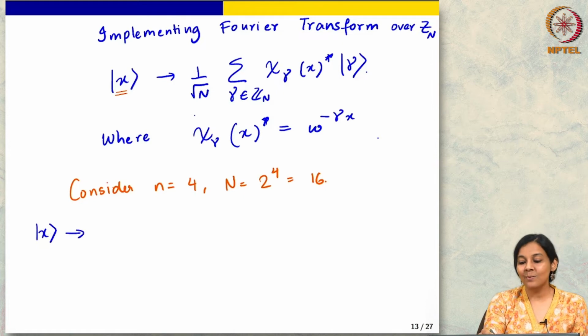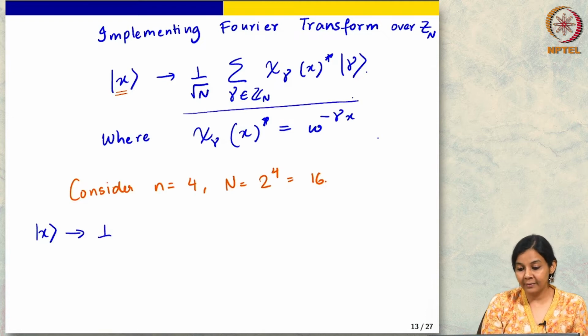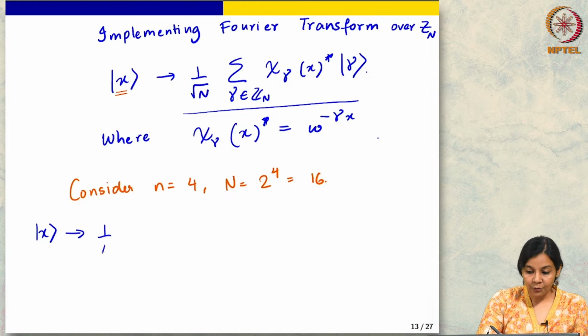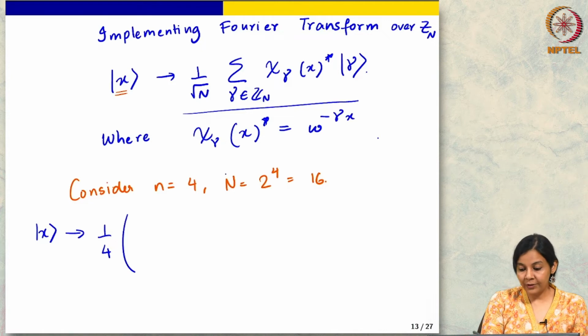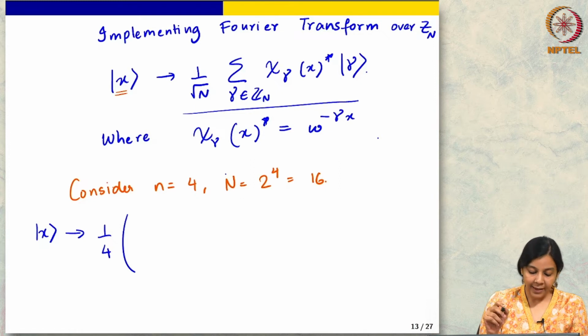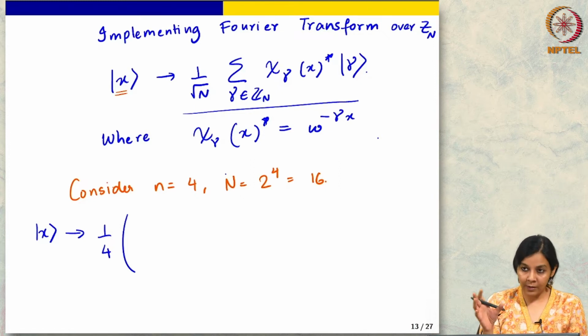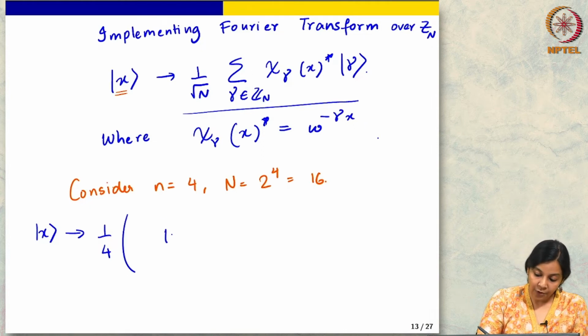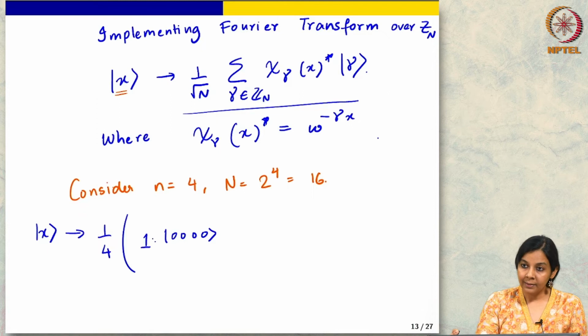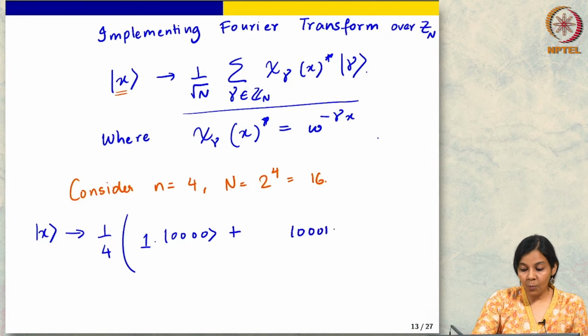We want to take this to this, right. So, what is this going to look like specialized for our setting? So, square root N is 1 over 4. Okay, and now let us compute the coefficients. So, when we look at x, we have to sum over all gamma in Z_N, right. So, let us look at the coefficient. For gamma which is 0 0 0 0, what is the coefficient? It will just be 1, right. So, it is omega to the 0. So, this is that. Then for 0 0 0 1, what should it be?